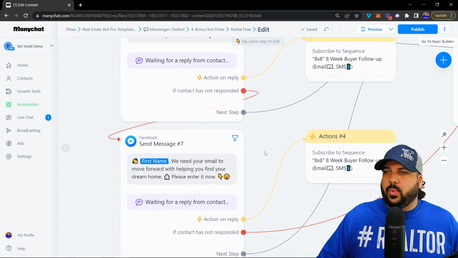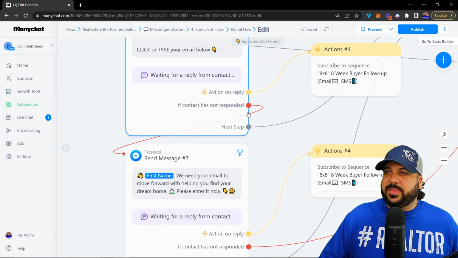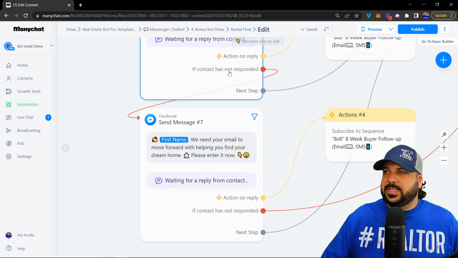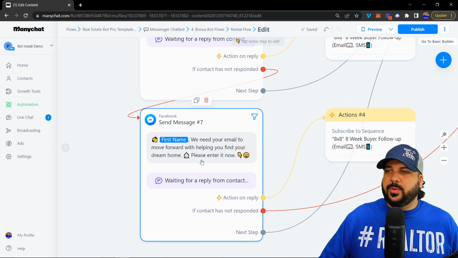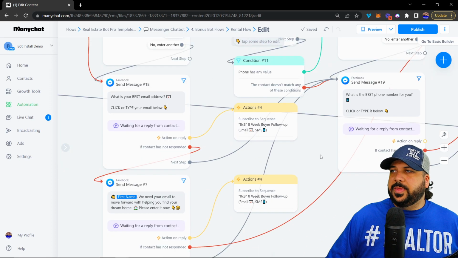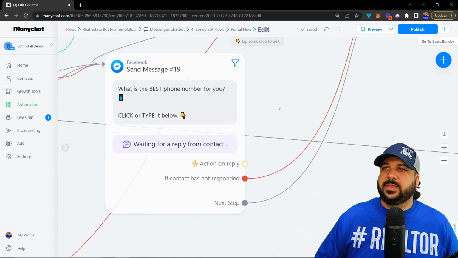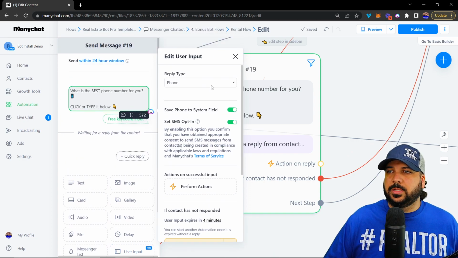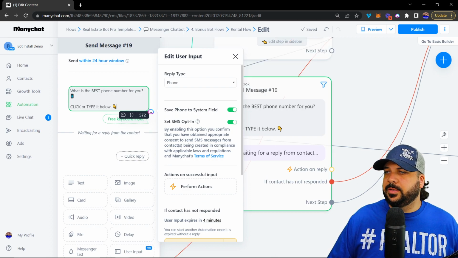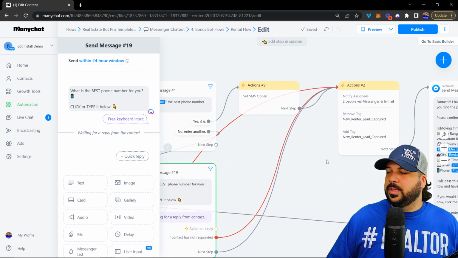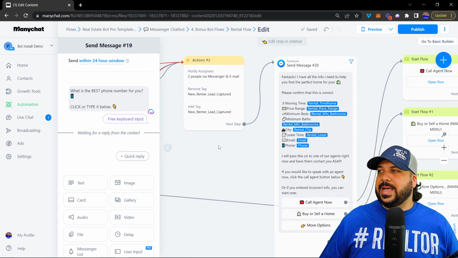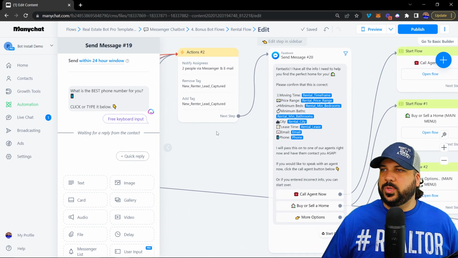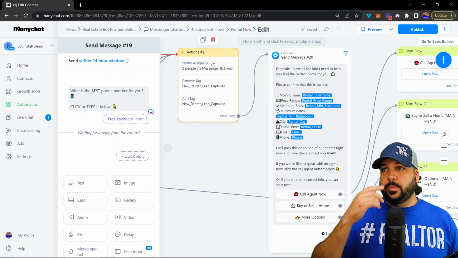We do have a follow-up message if they don't respond, and that's after 4 minutes of not responding. We ask them again for their email, but the next step is basically going to be asking them for their phone number. So again, a box, user input, reply type phone, ask the question, save it as a system field, set email or SMS opt-in,